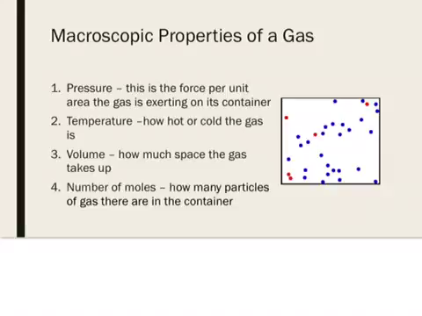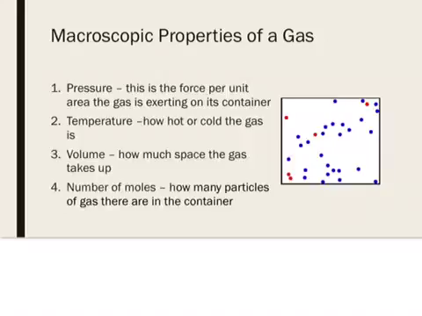The study of the molecules of a gas is a good example of a physical situation where statistical methods give precise and dependable results for macroscopic manifestations of microscopic phenomena. When examining an ideal gas, we want to be able to discuss four variables. Number 1, pressure. This is the force per unit area that the gas is exerting on its container. Number 2, temperature. This tells us how hot or cold the gas is.